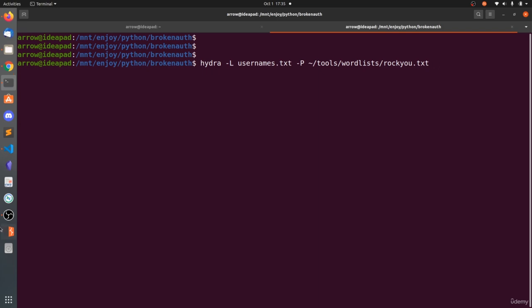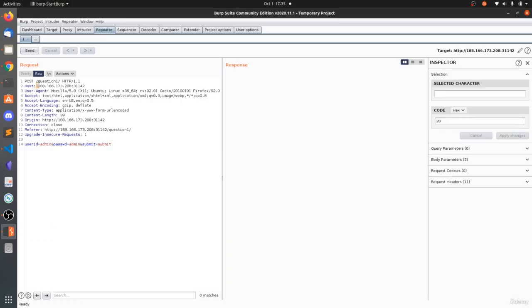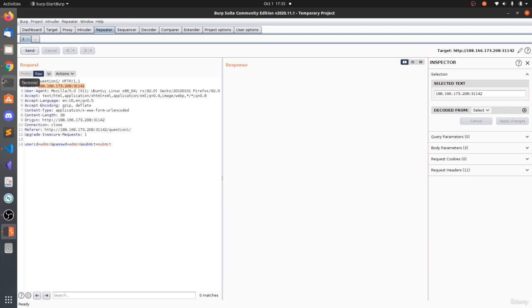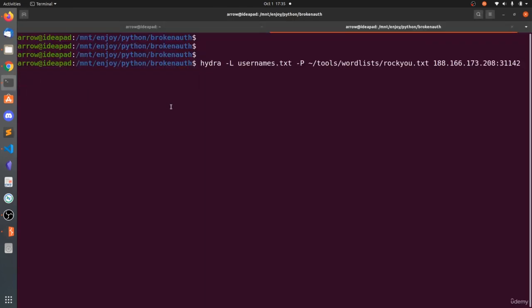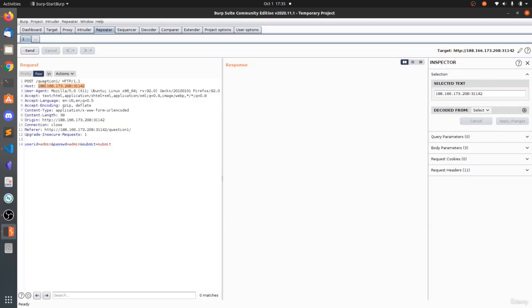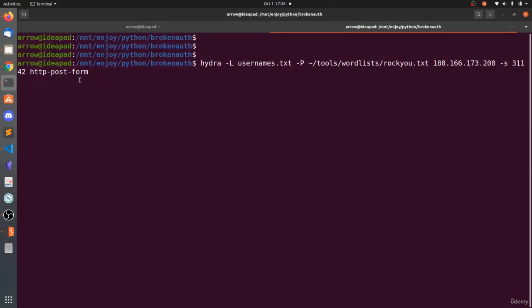And now we need to submit the IP address. So the host IP address, copy this and paste here. You can see the port the web server is running on is 31142. You need to add the -s option 31142, so that Hydra will send the packets to this port, and then you need to specify HTTP post form or get form. So here you can see the post request, so that's why we need to put HTTP post form, and